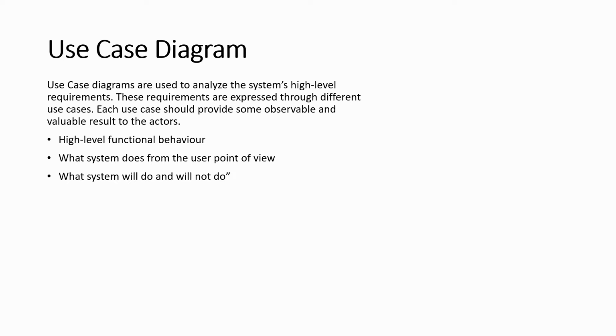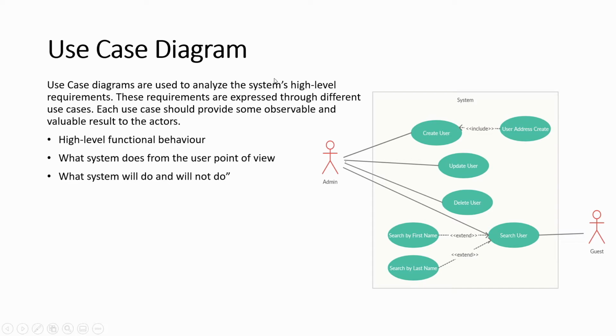So these are some of the use cases that, if I have a user service, that service should support. All right, so if we would like to design or draw a use case diagram for them, then it would look this way. So you have a system. Here the admin and guest are nothing but your users who are going to use this system. So we call them an actor, who is going to use our system.